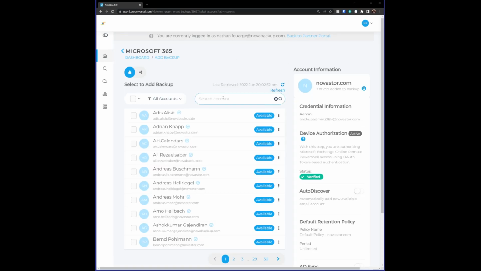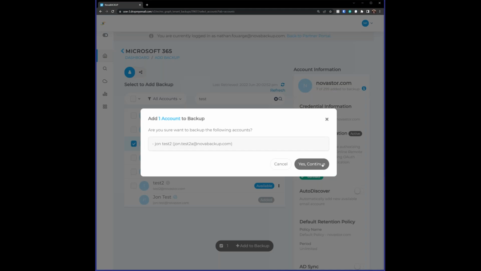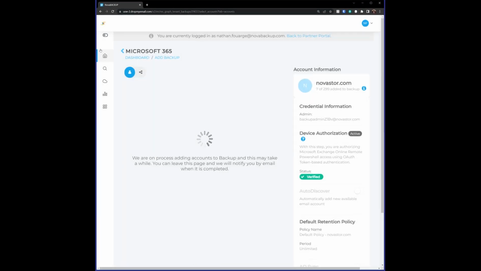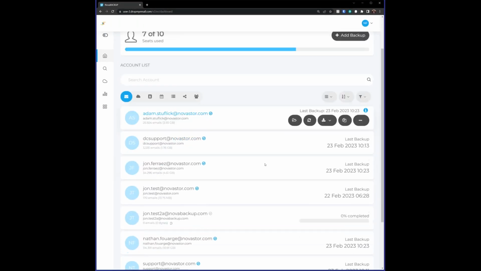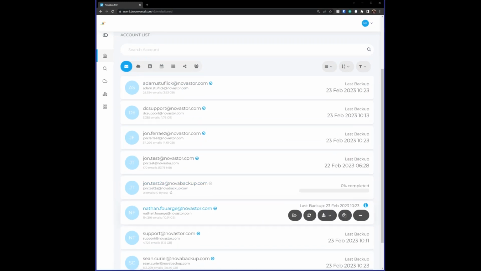Yeah, so it's going to allow me to choose any mailbox I want. Say I want to back up this particular mailbox and add it to my backup. It's just going to add that. Then on the dashboard, it's going to show this one. It's already going to start backing it up, and that's as much as you need to do. You don't have to schedule things or anything like that. It's going to back it up